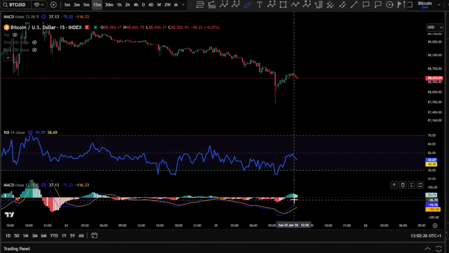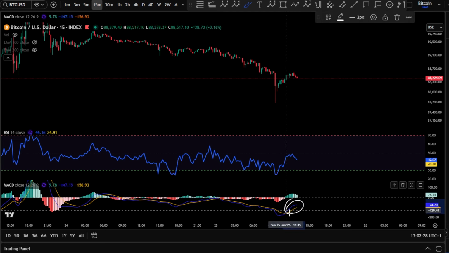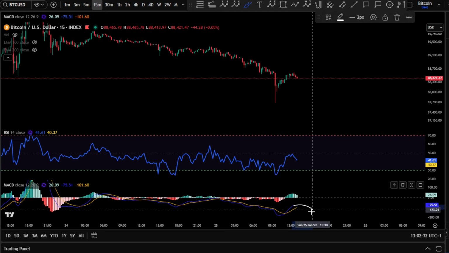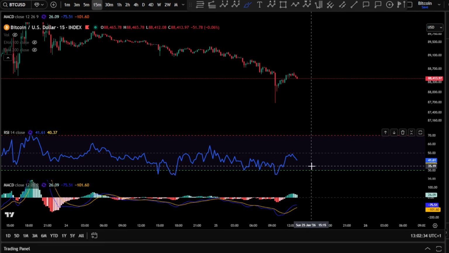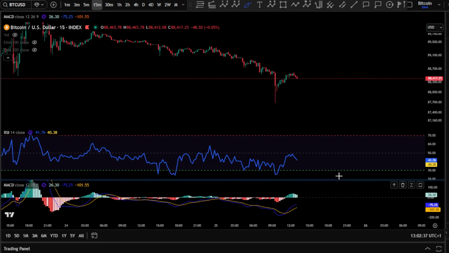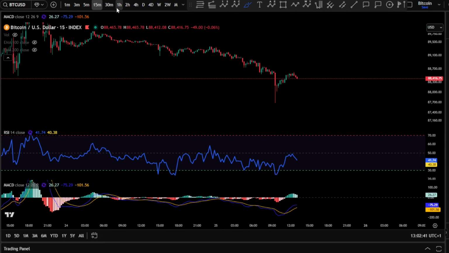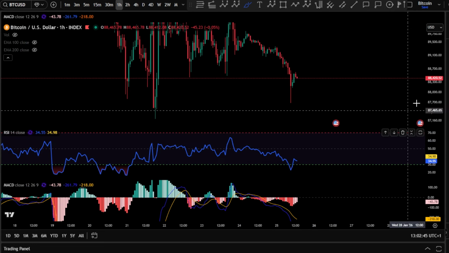The momentum is decreasing right now. And anyway, the MACD and the signal lines are still below the center line, and they might still come back lower. So nothing yet is bullish for the RSI and MACD on the 1-hour chart. Sorry, this is a 15-minute chart. Even on the 1-hour chart, we have hit